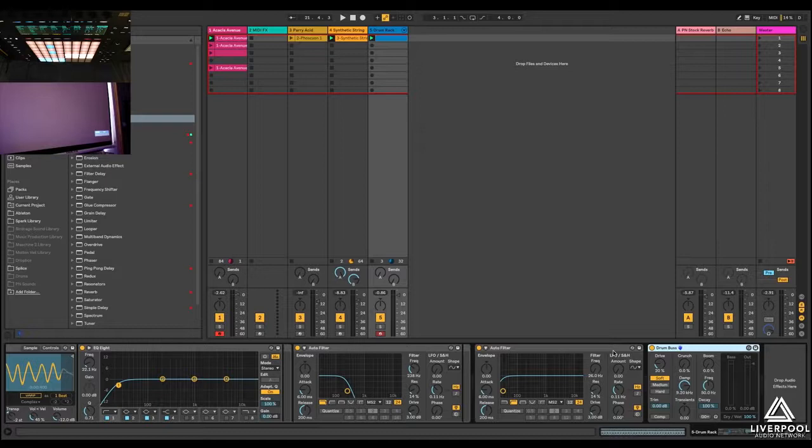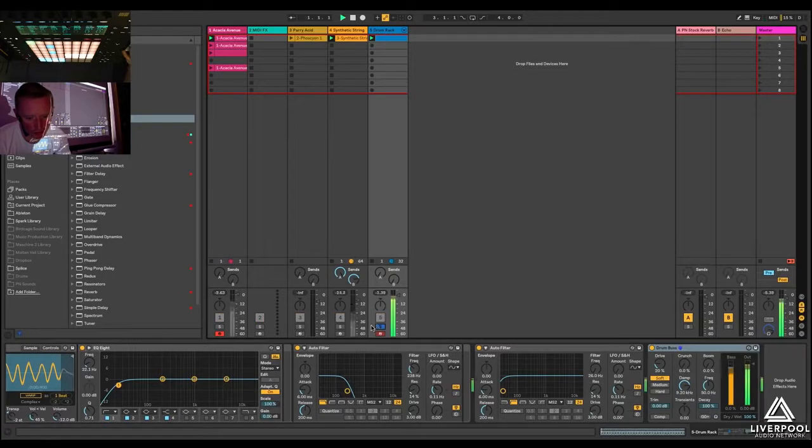So just to talk to you about that while it decides to sort itself out, one of the little hacks that I've got is I quite like to use an auto filter on a drum rack group. And I like to add that MS2 filter that I was talking about before, and I actually like to add 3 dB of drive. So if we listen to the drums on their own,